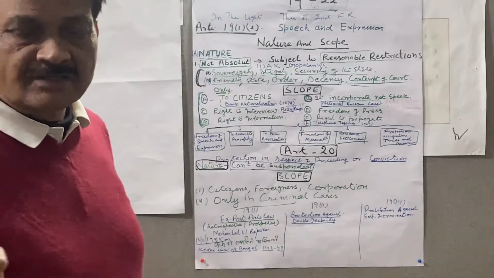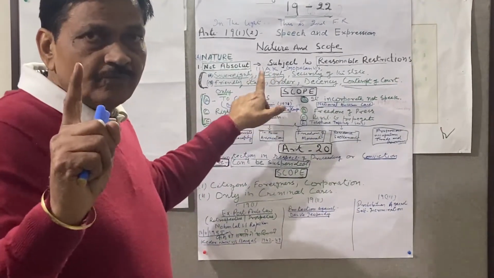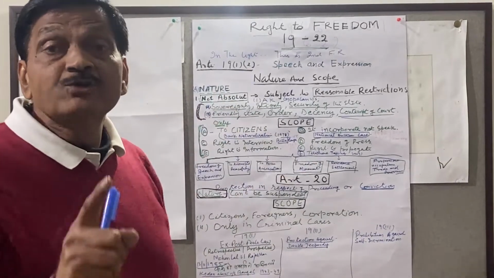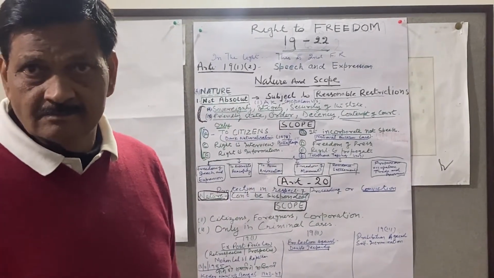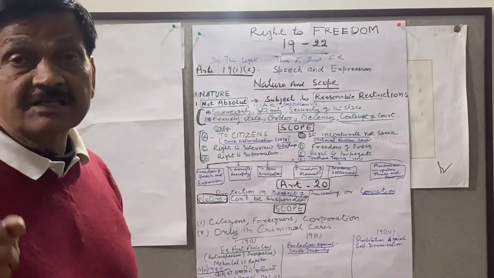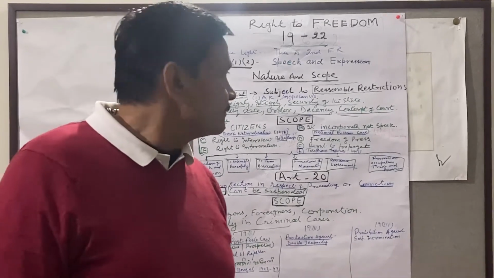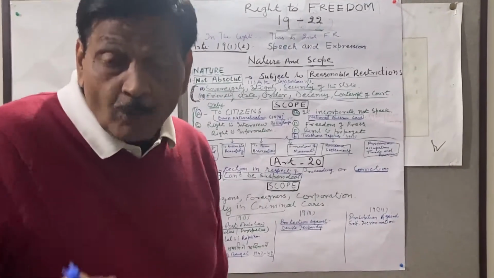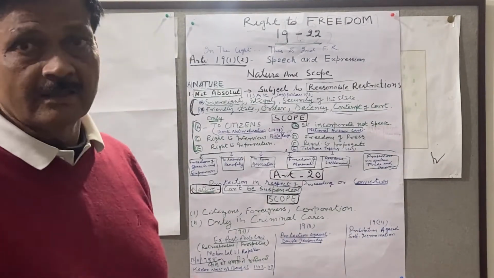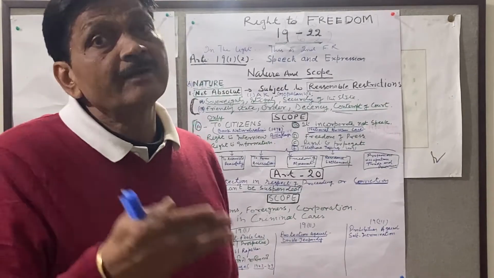What is the nature of Article 19? A very important thing to note down here is that it is not an absolute right. You should note it. It is not an absolute right. Reasonable restrictions have to be imposed. Now, the question arises, who imposes these reasonable restrictions? Obviously, reasonable restrictions are imposed by law, and laws are framed by Parliament,